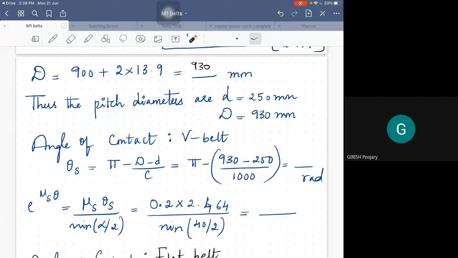Okay, 2.46 radians. So keep it as it is. Now, once 2.46 radians is calculated, directly calculate e to the power of mu theta, which is given by